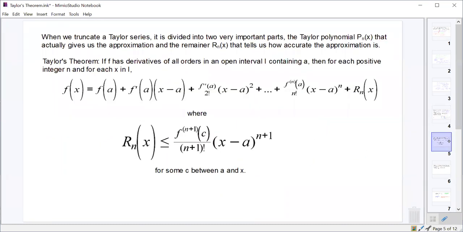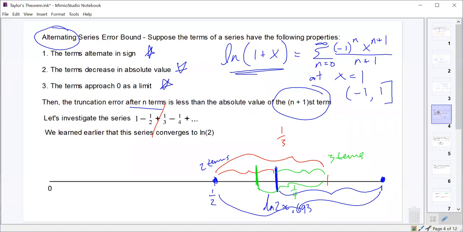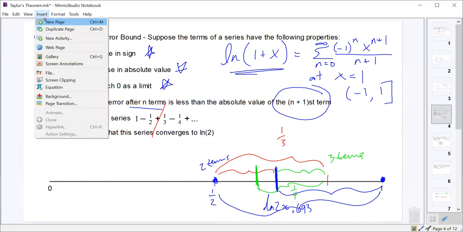Okay. I wanted to do, did I want to do another one of these? That's easy enough. Do we need to do another one of those? If I give you an alternating series and I ask you what's the bound on the error, you'll just tell me it's the next term. Should be easy enough. Okay. Like if I said, what's the bound on